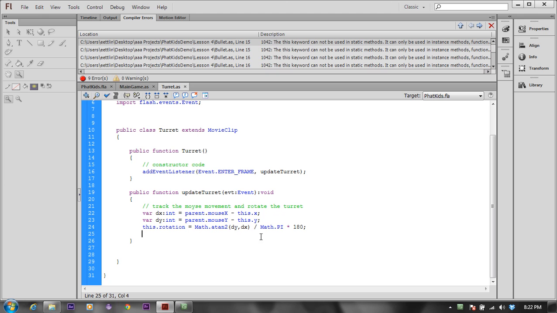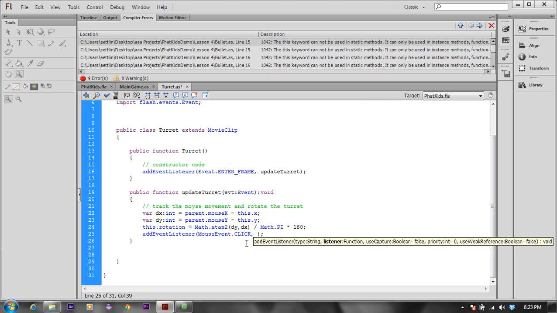I'm going to add an event listener. So in addition to having the turret follow the mouse, we want to be able to click anywhere on the stage and fire the turret. To do that, I'm going to add another event listener. Actually, it's going to be listening for a mouse event, and the mouse event it's going to be listening for is a click. So if I click, this is going to hear it, and I am going to call the function, let's say